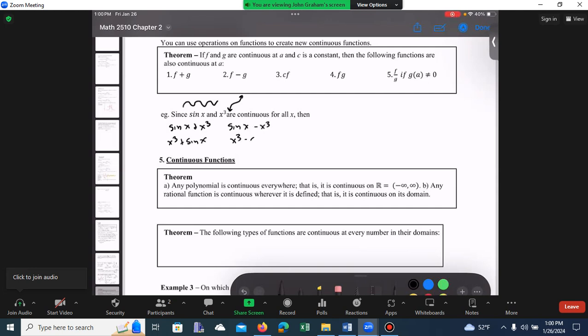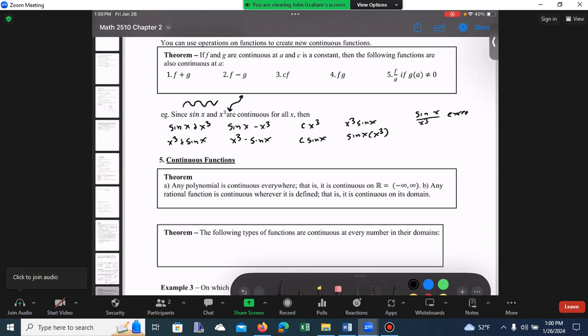X cubed minus sine x is continuous. Some number c times x cubed, or c times sine of x, they're continuous. X cubed sine x, or sine x cubed, they are continuous. And then sine x over x cubed is continuous